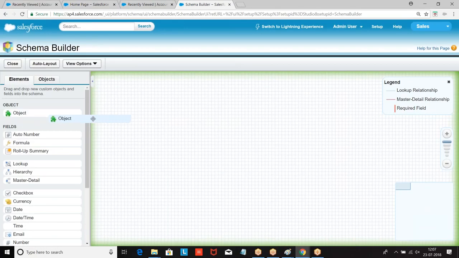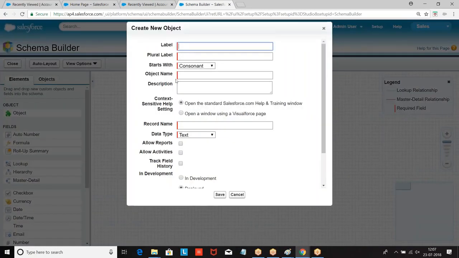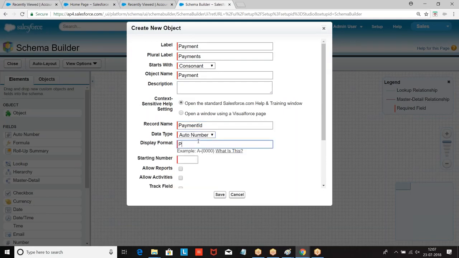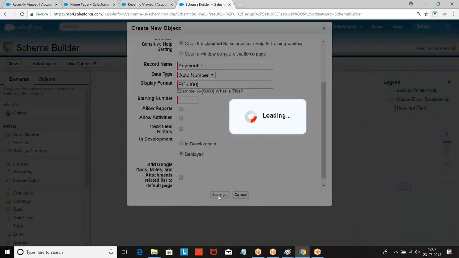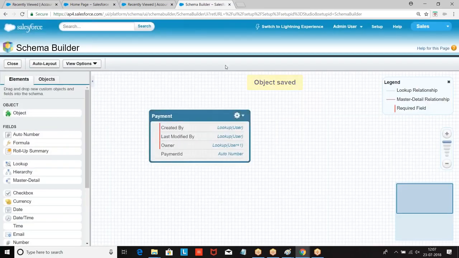Elements, object, drag and drop. Done. The object is created. What was that? Elements.